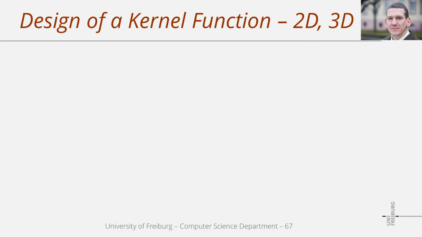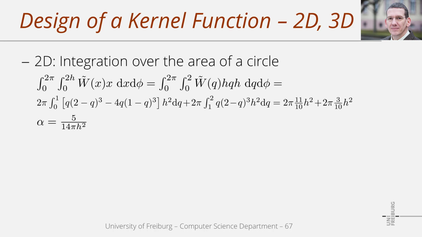On the previous slide, we have discussed the derivation of the normalization coefficient for the cubic spline in the 1D case. Now here on this slide we see the derivations for the coefficients in the 2D and in the 3D setting. For the 2D setting, we compute the integral of the non-normalized kernel function W tilde over the area of a circle with radius 2h, which is the support of the function. So for all positions outside this circle, W tilde is 0. We see the result of the integral, and 1 divided by this value gives the normalization coefficient alpha for the